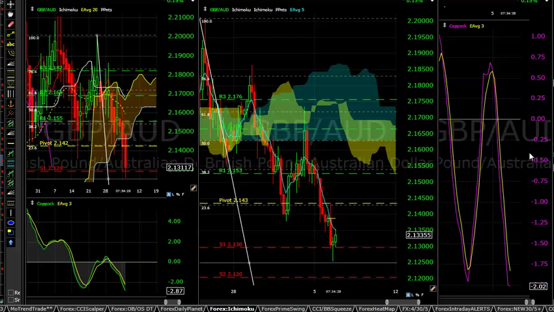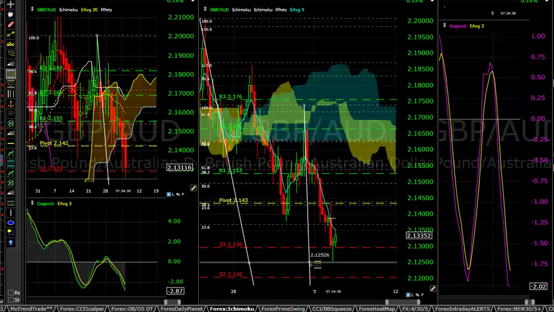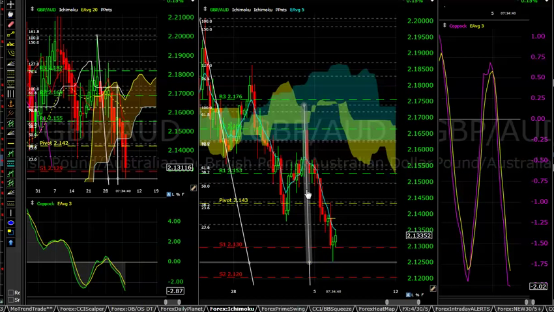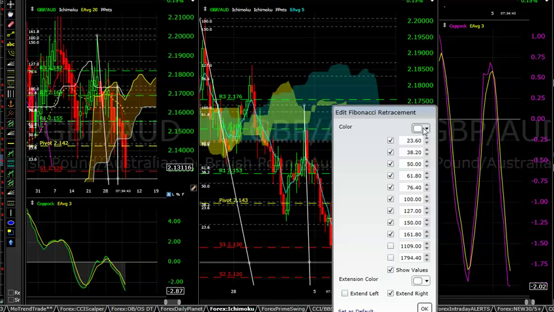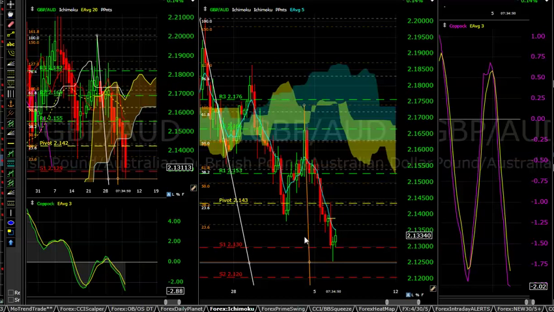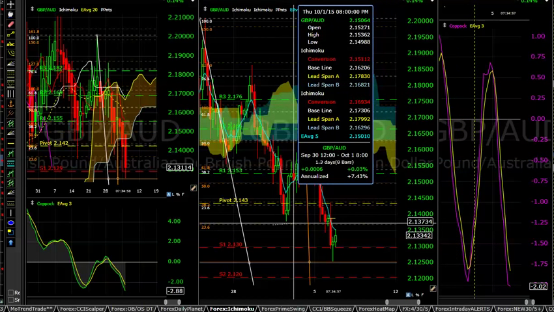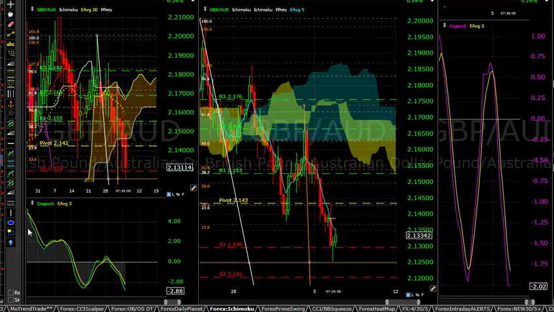We can also draw one, however, from our 4-hour Copic curve, which would be pulling from this point in here. So let's do that, and then we'll color those Fibonacci lines a little bit different color. So we pull down in there, and then color this one orange. Based on that fib sequence, you can see that we're just about up to the 23% fib line right in here. Not quite there, but if price comes up into that area,